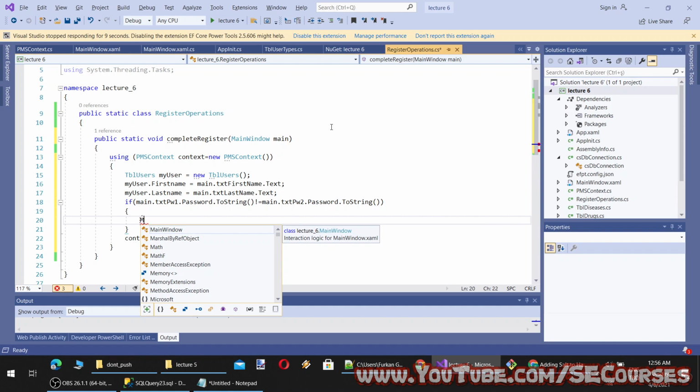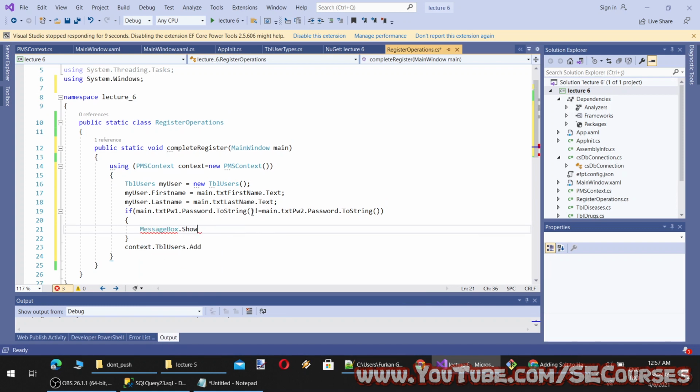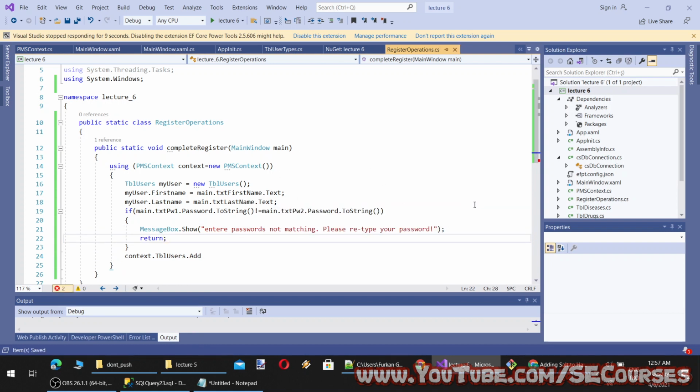Okay, you see I am not able to access the message box inside here, but with the reference I wonder if we can. Yeah, I think we can. Show, okay. Entered passwords not matching, please type your password. Okay, then we will simply return from the method and not continue.